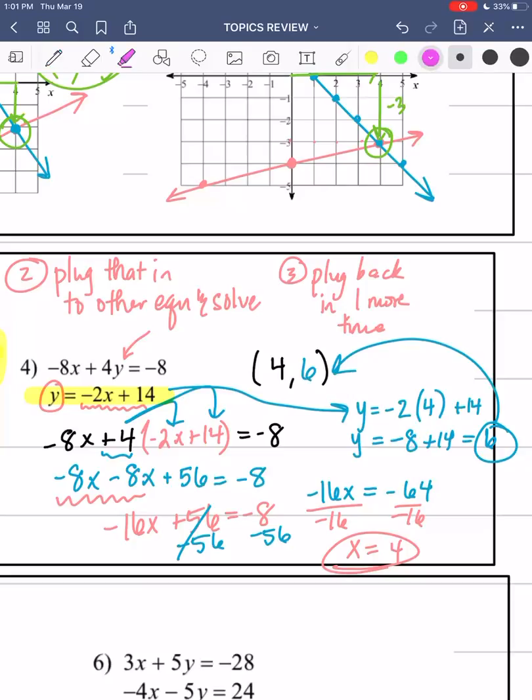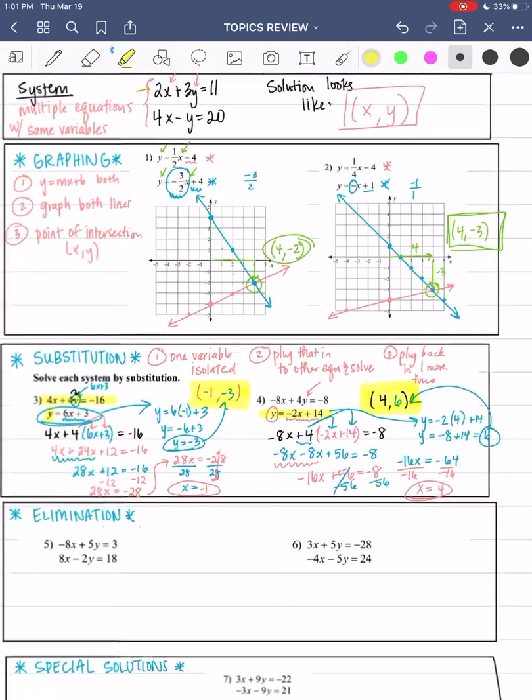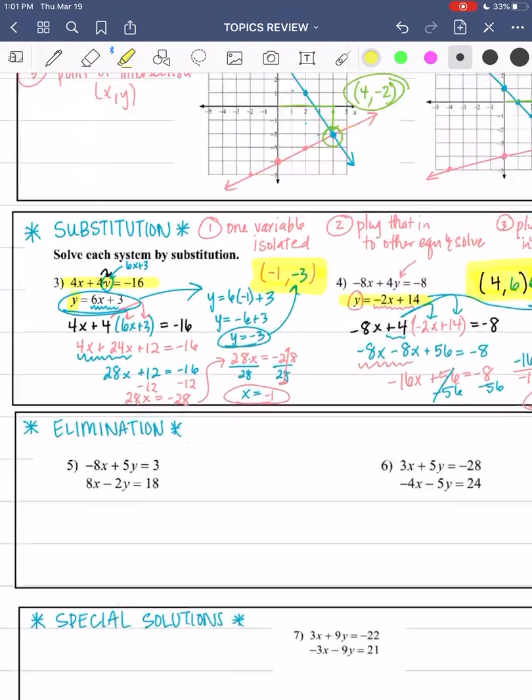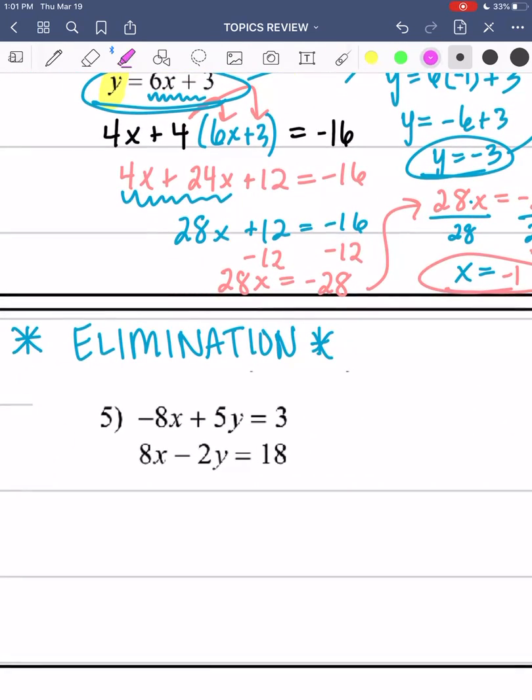So our final answer is 4, 6. Okay, you might want to slow those down and watch those one more time, but we did it. Good job. Okay, we can also solve with elimination. So elimination is when we